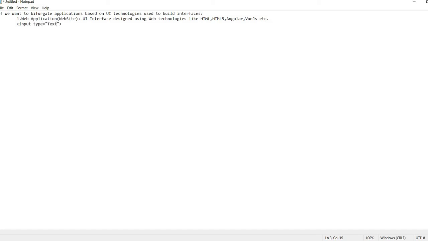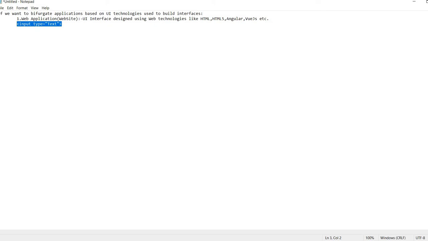This will design an edit control or a text control, right? Input type equal to text. Now this is simple HTML code to design a text control.